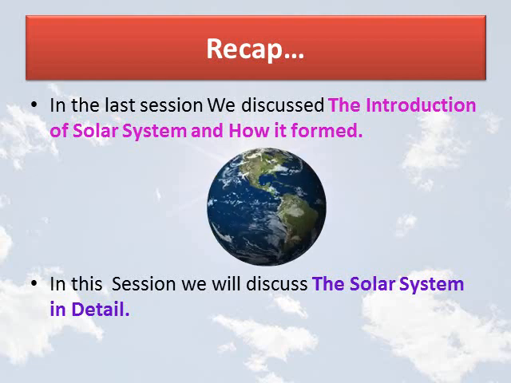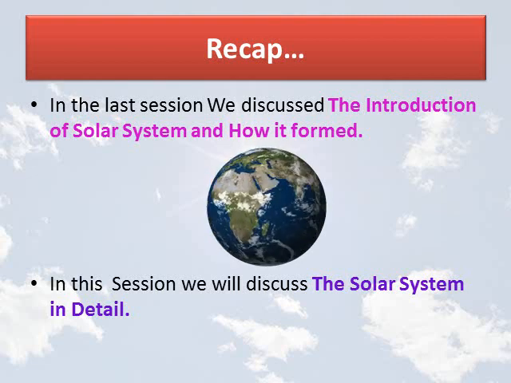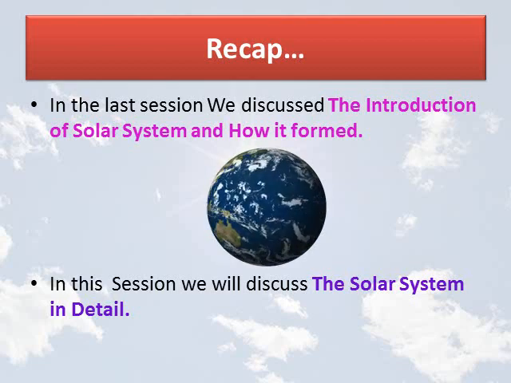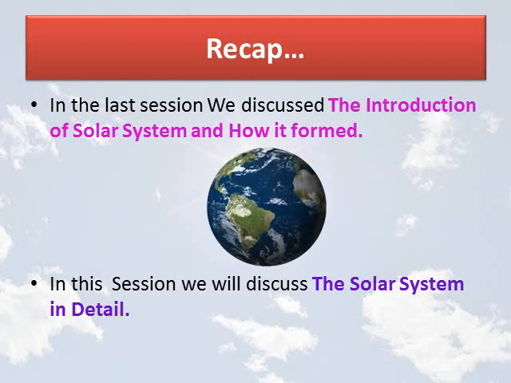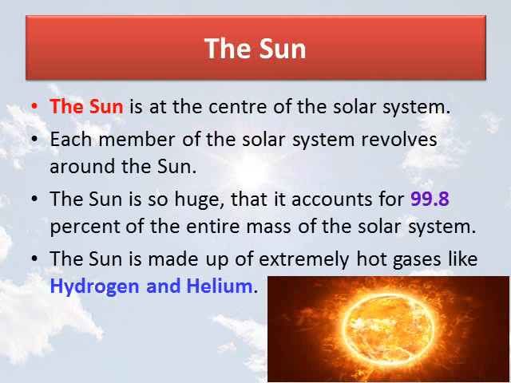In this session, we will discuss the solar system in detail. Before going into the details of this chapter, let us see an introduction to the solar system and the planets. The solar system consists of the sun and everything that orbits or travels around the sun. This includes the 8 planets and their moons, dwarf planets, countless asteroids, comets, and other small icy objects. Even with all these things, most of the solar system is empty space.